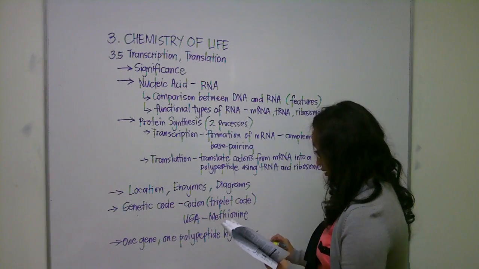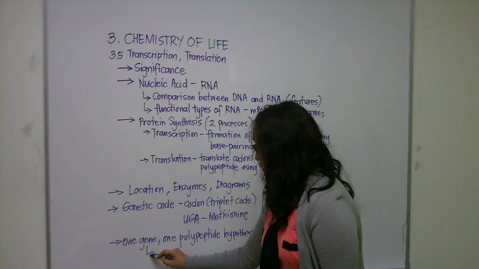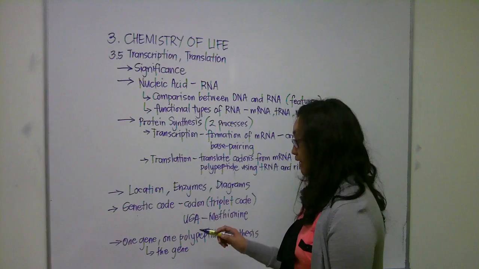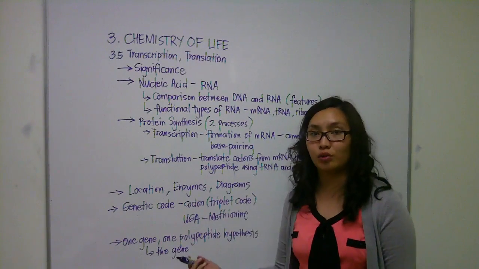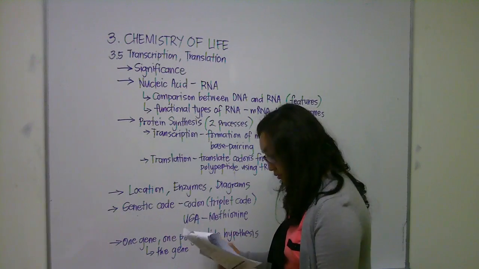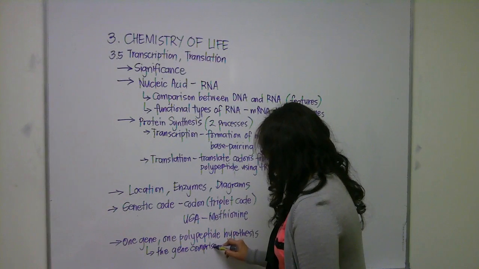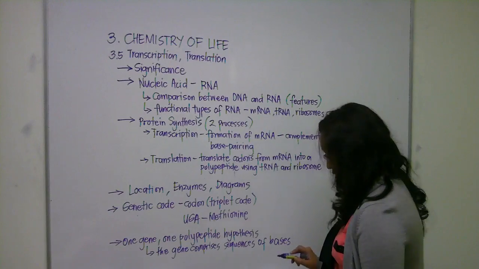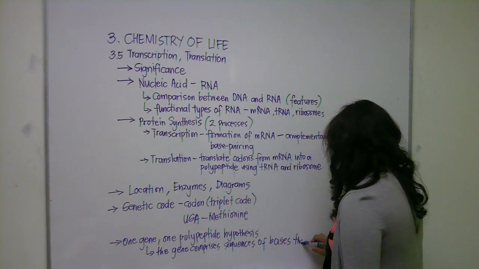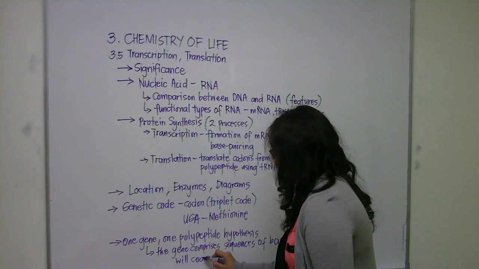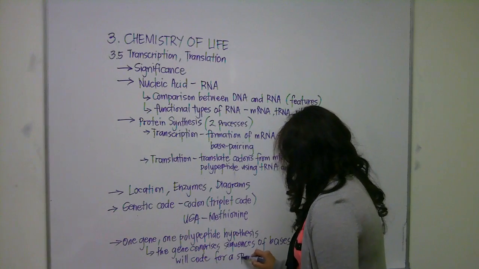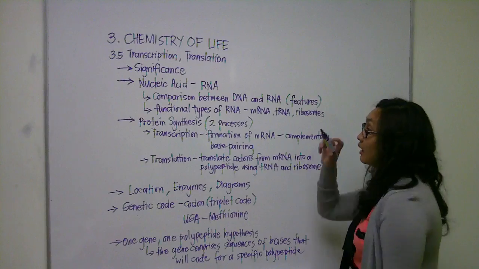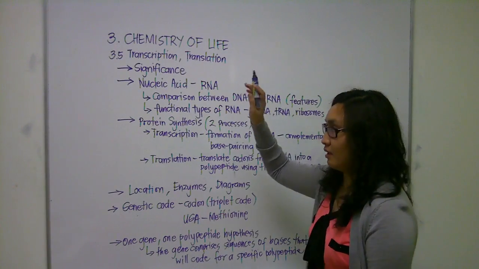Under this hypothesis, the gene comprises specific sequences of bases that will code for the assembly of a specific polypeptide or a specific protein that is going to be produced. Sequences of bases. Specific polypeptide. Okay, so the process of transcription and translation under the chapter Chemistry of Life